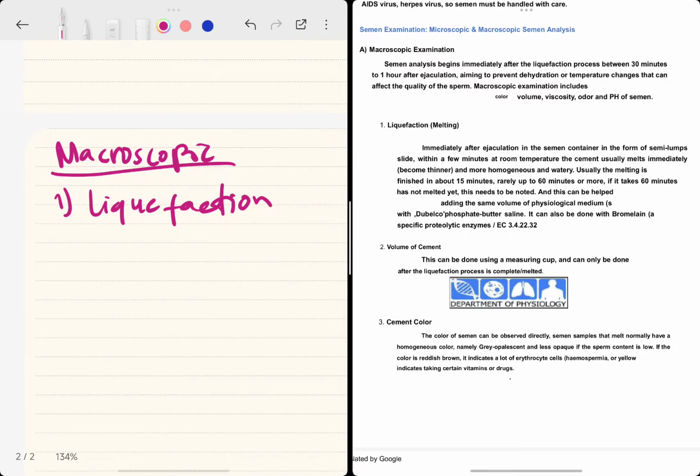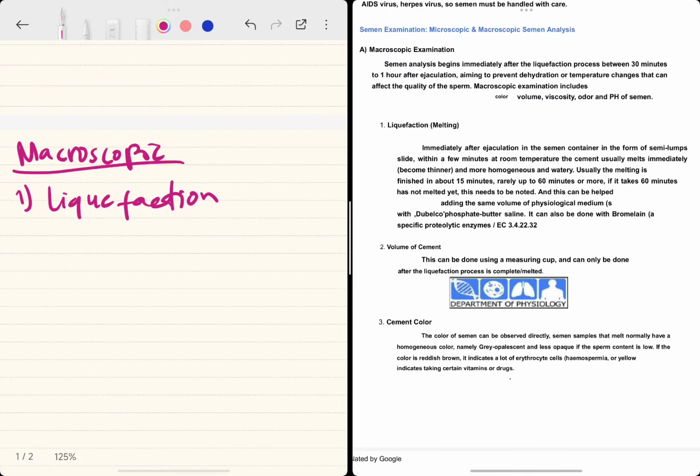You know that the semen is actually a semi-solid clot because of the seminal vesicle coagulum, but within some minutes at room temperature it gets thinner, and it is usually complete in around 14 minutes up to 1 hour. If it's not liquefied after more than 1 hour,